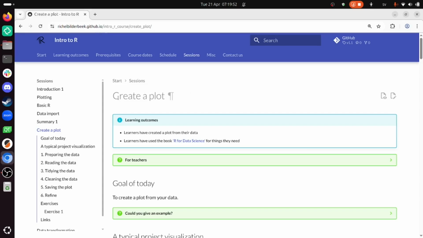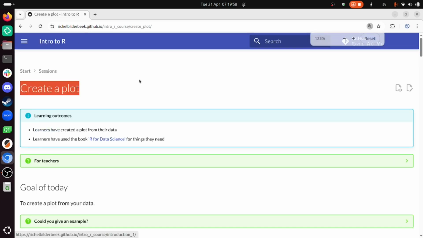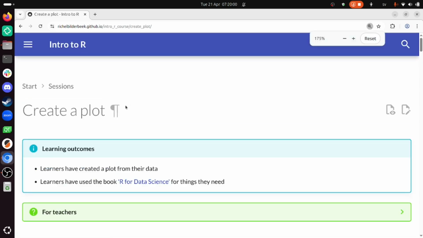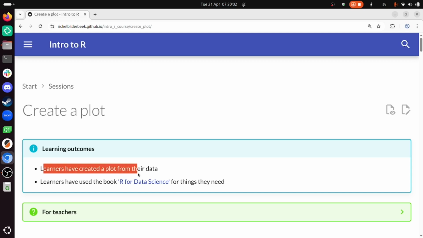Hi, I'm going to show you how to create a plot, which is part of a course called Intro to R. This is quite a pragmatic session. The goal is to create a plot from your data. So it's not like showing everything you may possibly need. No, we're going to create a plot today,